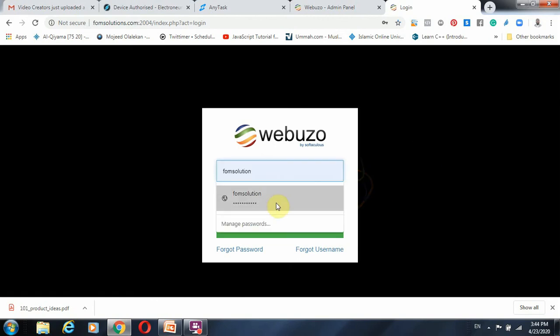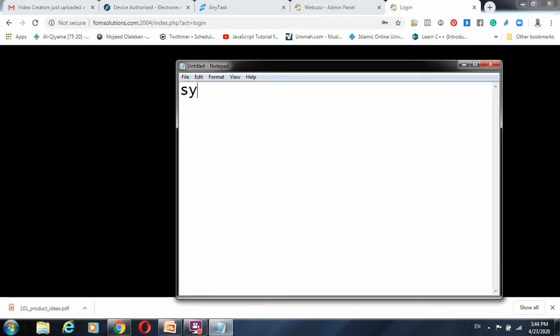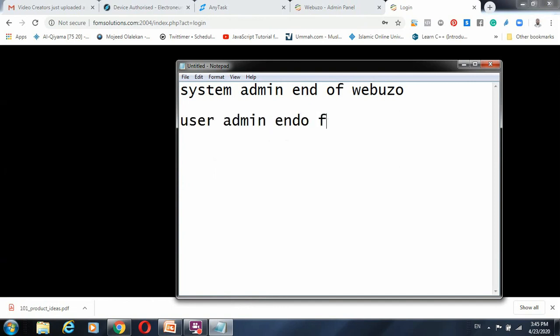There are two aspects of Webuzo admin. There is the system admin end, and there is the user admin end. Let me note that. So there is the system admin end of Webuzo, and we also have the user admin end of Webuzo.